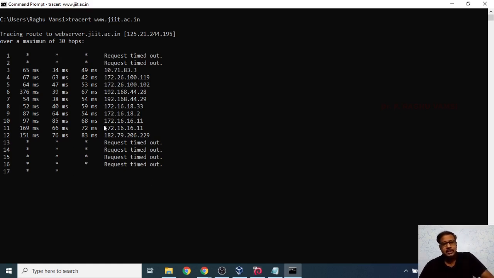Once you know these IP addresses, you can sketch a path for how to enter into this destination system. In this way, this trace route will help us to know how many hops away you are from the destination server. This is the way we can use the trace route operation.